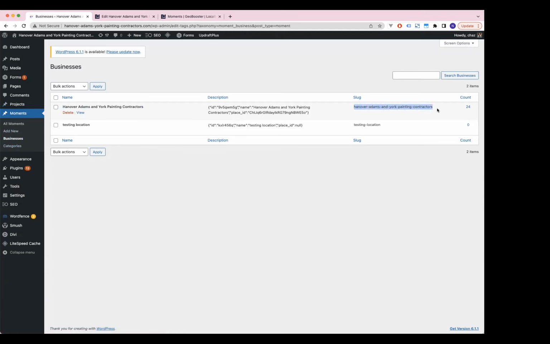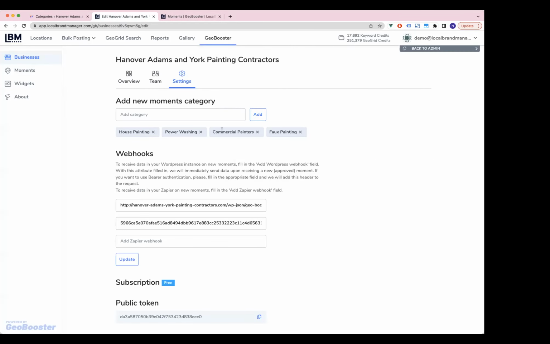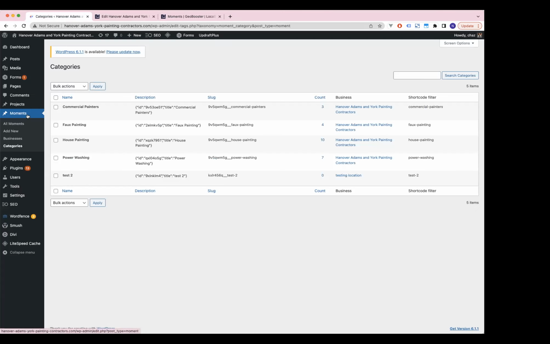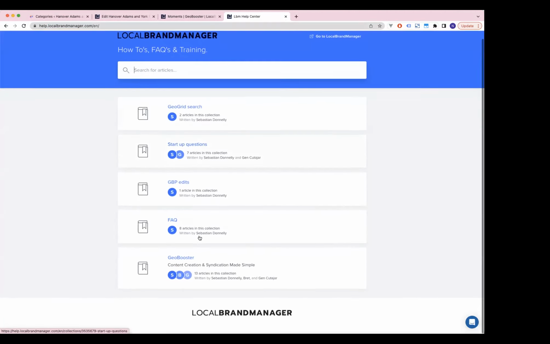And this slug we're about to see me use is the important part to know about this businesses tab. And then this categories tab here is the categories that we are pushing in. So you can see here, we have commercial painters, faux painting, house painting, power washing. And if we just pop back over, that maps to what we have created in the dashboard. And these are going to be two of the primary mechanisms that we use to get this content onto pages. So let's go ahead and let's take a look at our help articles,